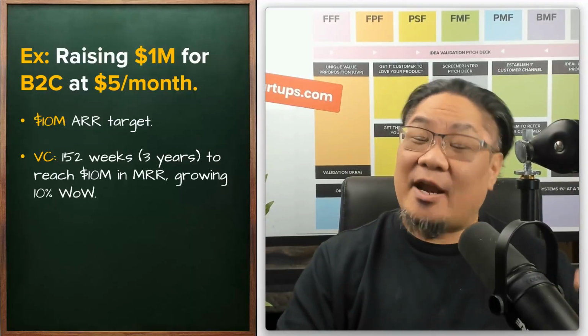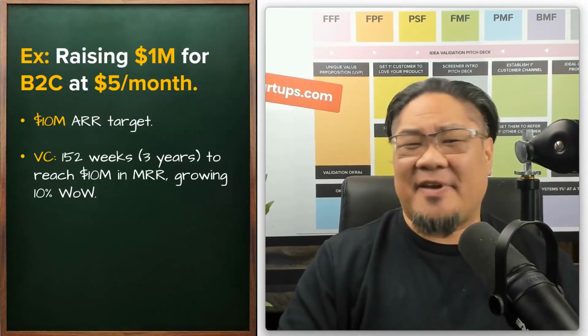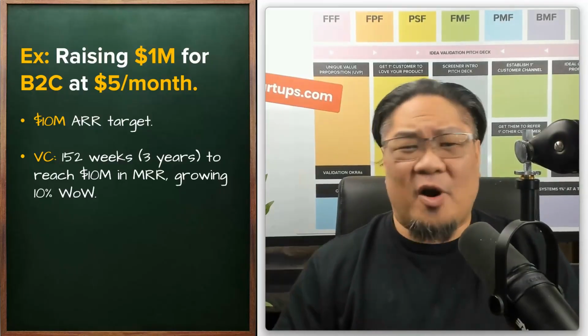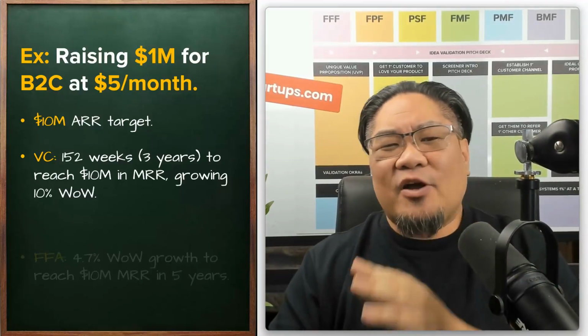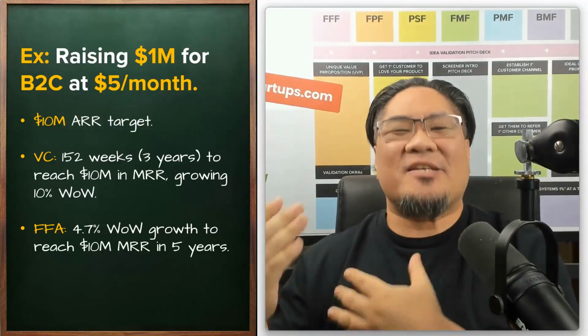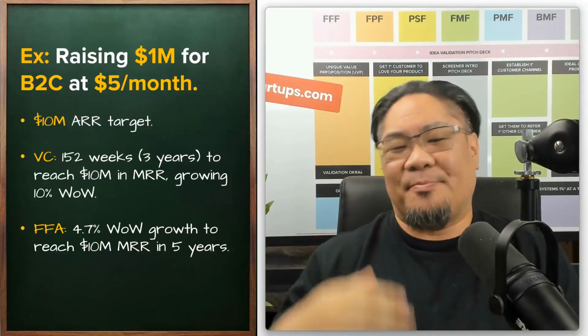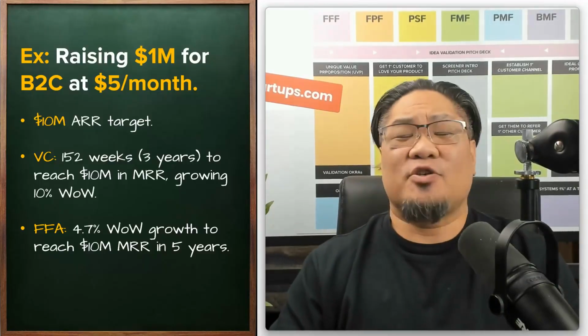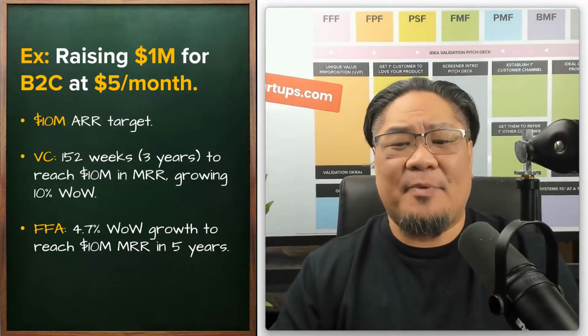You could actually reach that a lot faster with B2C, especially if you catch the zeitgeist, you really catch an inflection point, and you start to exponentially grow product market fit, hair on fire scenario. Now look at where things change. Instead of 10% week over week, only 4.7%. That's all that you need to grow to reach that 5-year target of $10 million per year. Those investors will be definitely interested. They'll be more than happy with those numbers.